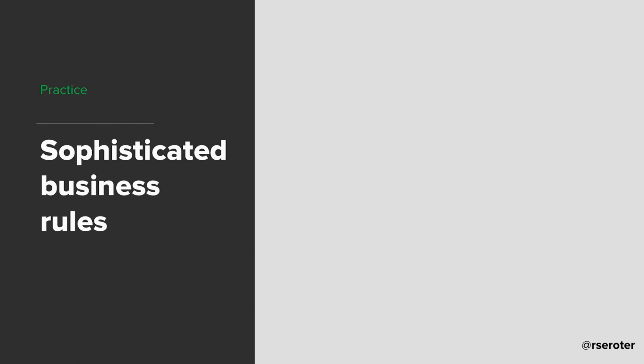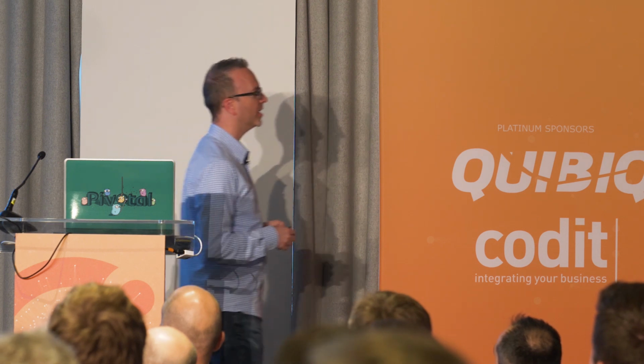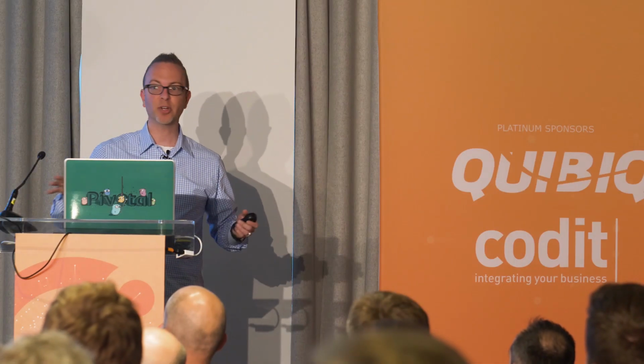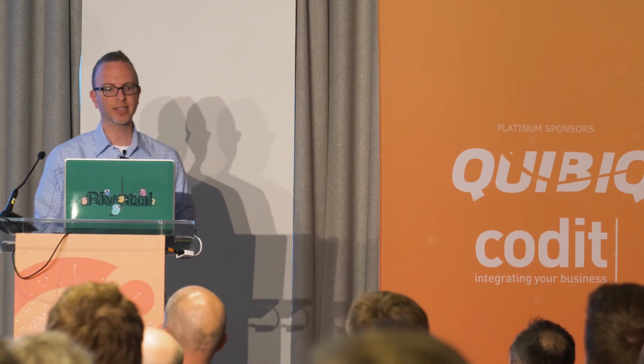Business rules. Oh, I was such a BRE fan. That was the business rule engine. I built some tools that, again, some of you still weirdly use, which is really cool. But I like the business rules engine. You might throw some functoids in there, do some cool business logic, have some of these disastrous maps, which we'll talk about in a second. But even the advice then, I believe, was don't throw a ton of logic in things like orchestration, functoids, things like that. Be very careful with that. Business rules engine was a good choice.